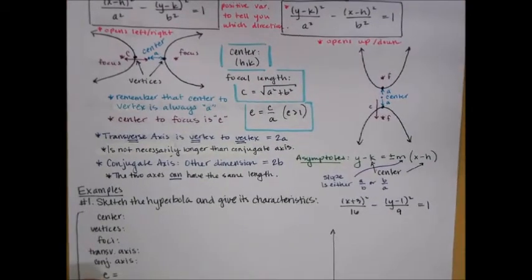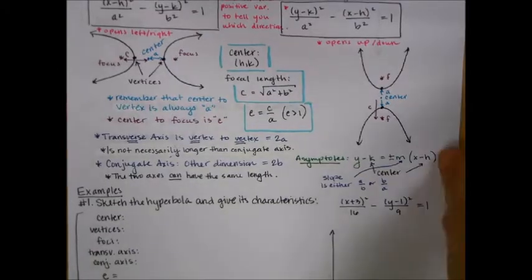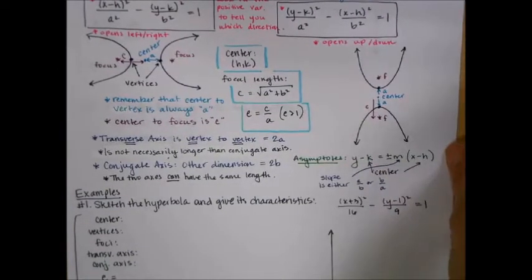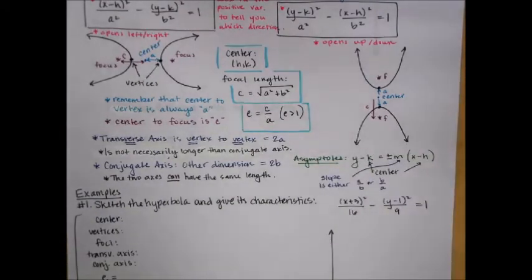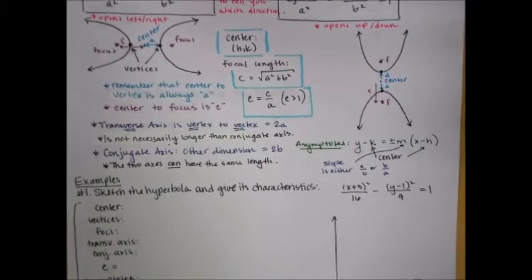So there's a lot of characteristics to identify here besides the center: vertices, focus points, the length of each transverse and conjugate axis, the value of e, and then writing the equations for the asymptotes, which I just went over. We should have an easy enough time with that since they are just equations of lines. All right, so our first example